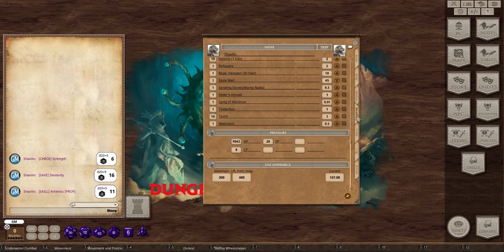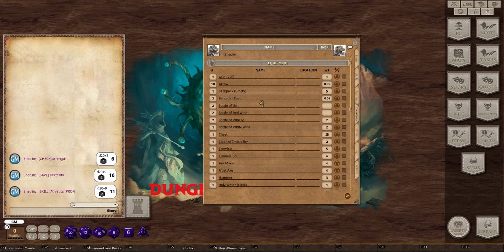Moving on to inventory. This is your inventory. This is where your equipment is going to be. If you ever want to equip something or unequip it, you're just going to click that. When you don't see anything, you're actually not carrying it. When you see a bag, you're carrying it. When you've equipped it, you now actually have it as a usable action. So let's say you have a piece of armor, you definitely want to equip it so it adds that bonus